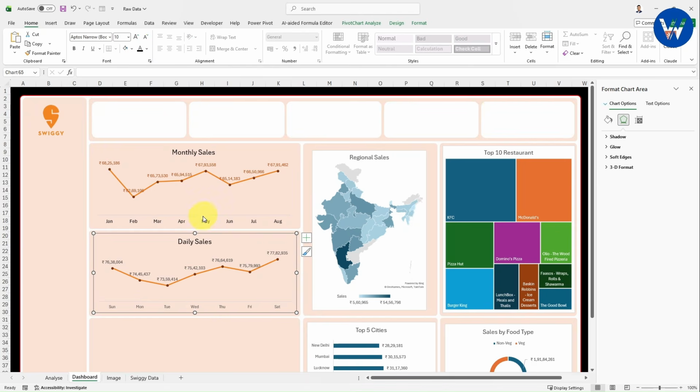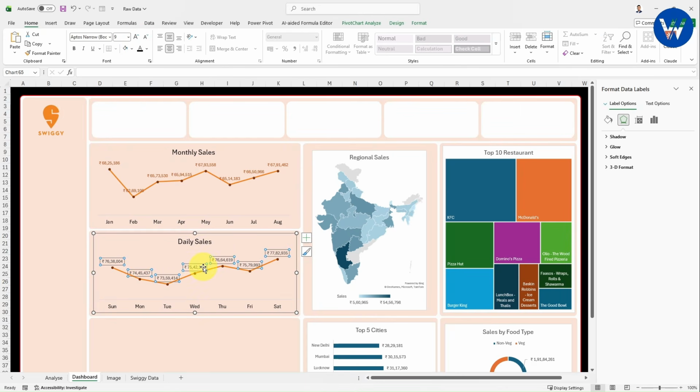Now in the same way, let's see this one, x-axis. The size is 10.5. I will take it as 11, right? Now for this also I will take the size as 11. This is the font size. I will change the font color to black color.